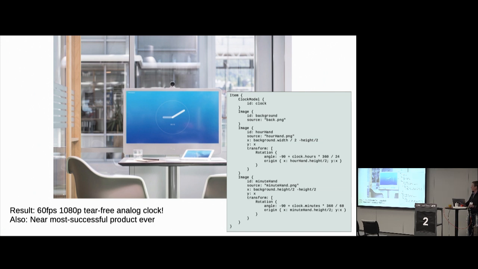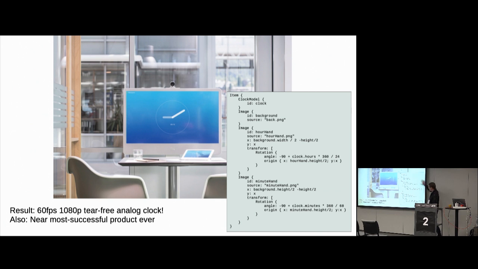And actually, a lot of the PMs were hating us for spending so much time on this. But the magic happened when this product hit the market, because what happened was there were pictures of it, there were videos of it, and people loved it, and sales loved it. We had our executives pull it up on screen in front of people at events and brag about it. So what they were bragging about wasn't the 4K, the video encoding. It wasn't about all of these features which were part of the backlog. What they were bragging about was like a blue scale and an analog clock, which I think was pretty cool. And just for the record, this is the QML code, which is vanilla QML, because everything that's above that platform integration is vanilla Qt.